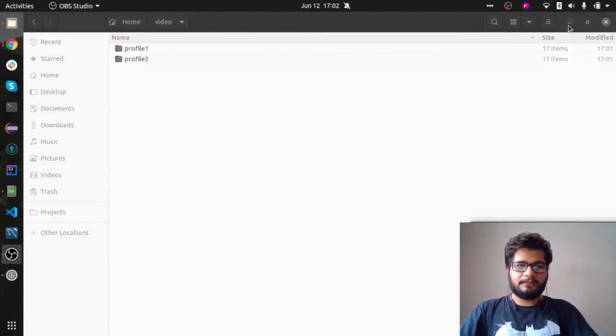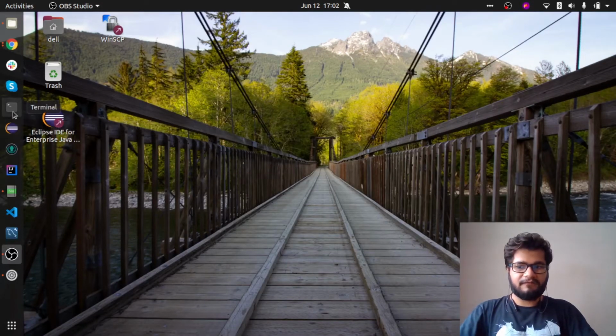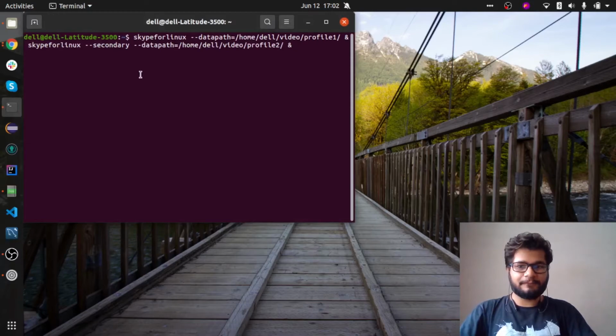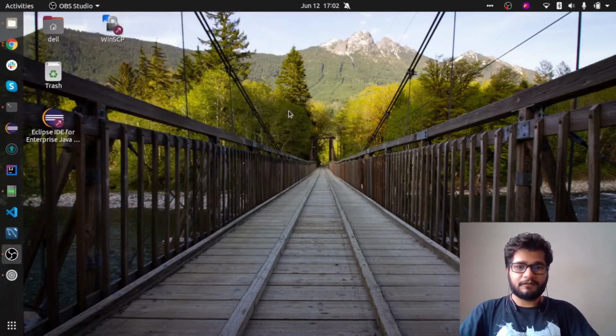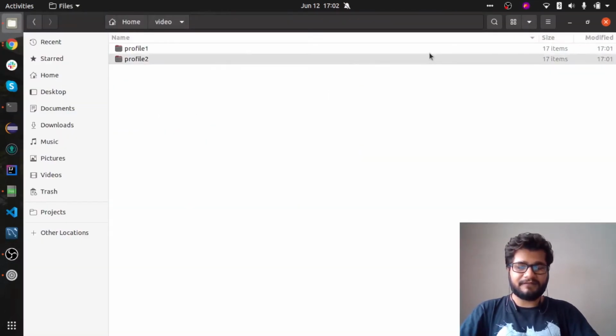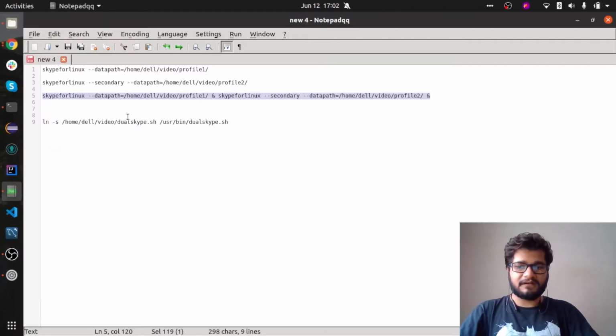Okay, now I'll show you how to have a shortcut. Instead of using this entire command, we'll be using dual Skype.sh. Currently it's not set up, but we'll set it up, and with just a single command we'll be able to open both Skypes with auto login enabled. We'll have this script as an executable script, the third command basically.